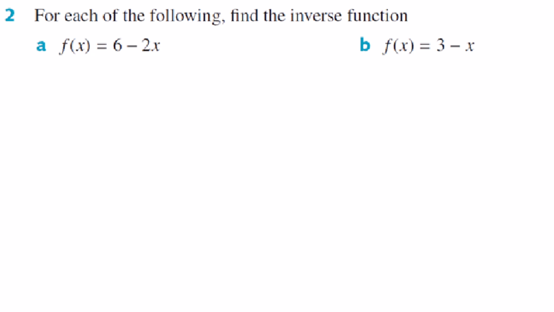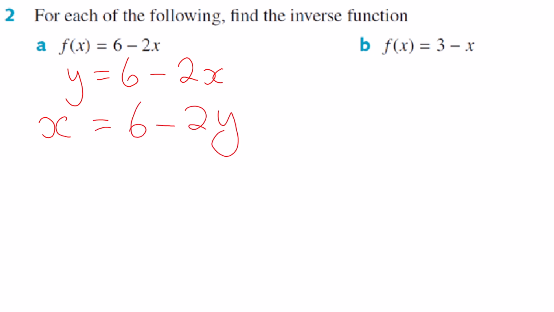Let's practice this a little bit. We start by writing our question out using x and y format. Then we swap the x and y around. So we've got x equals 6 minus 2y. Then we have to make y the subject. And this may involve several steps. But all we are doing is rearranging our equation so that we're going to end up with y equals